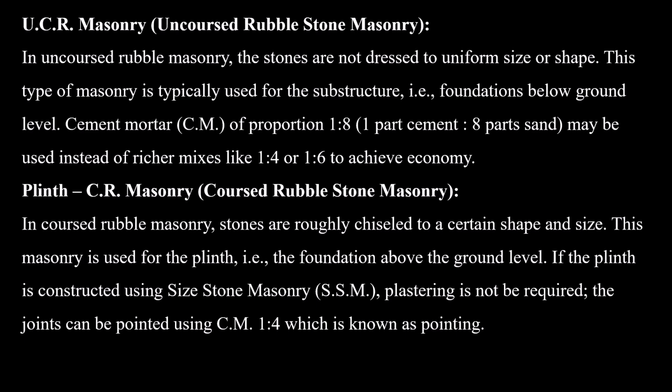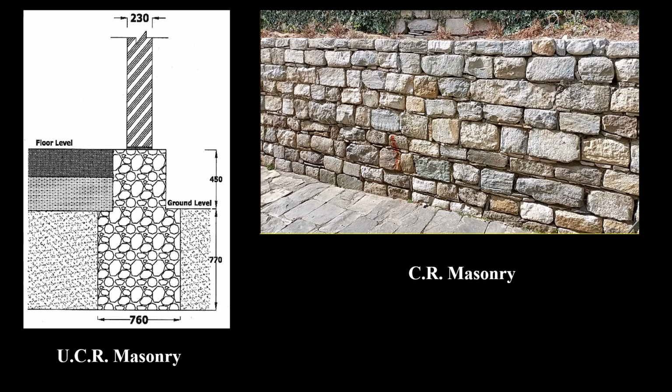Plinth, that is CR masonry, that is coursed rubble stone masonry. In coursed rubble masonry, stones are roughly chiseled to a certain shape and size. This masonry is used for the plinth, that is the foundation above the ground level. If the plinth is constructed using size stone masonry, SSM, plastering is not required. The joints can be pointed using cement mortar 1:4, which is known as pointing. You can see CR masonry shown on the right side and UCR masonry on the left side. As an example,